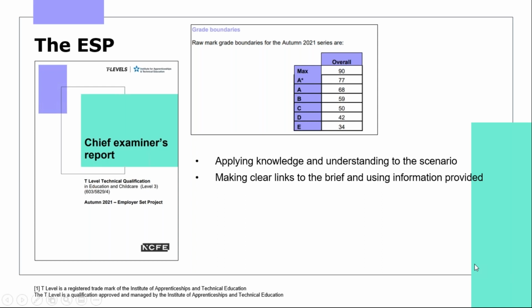So students demonstrated a good understanding of what is expected for the assessment, and there were some very good responses seen, which demonstrates that students had a clear understanding of the project brief, and were able to apply this appropriately to the various tasks included in the assessment. The report recommended that students should be made aware of how the assessment objectives are implemented in marking the project, so that they'll understand the level of performance that will achieve high marks.